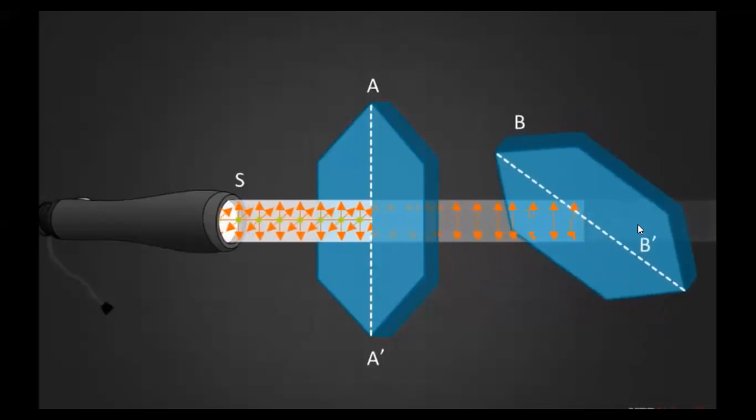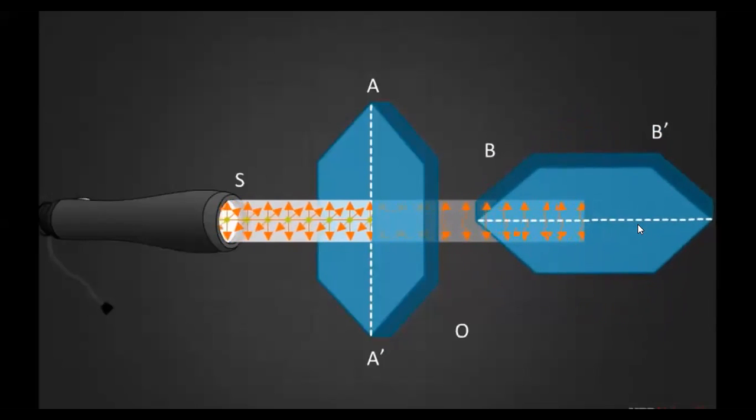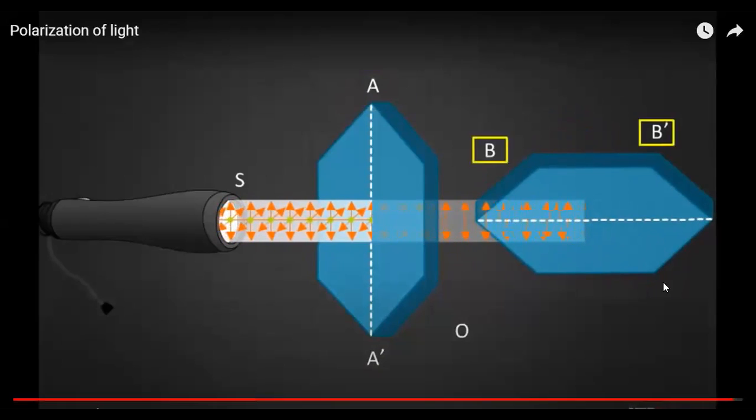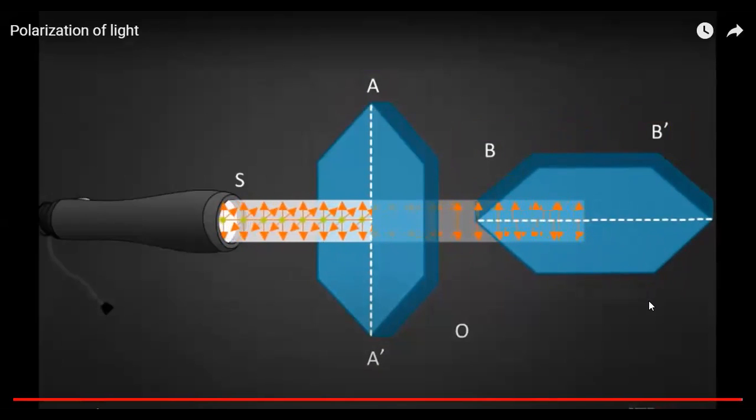If we continuously rotate the crystal B about the beam axis SO, the stage reaches when the crystallographic axis AA' and BB'